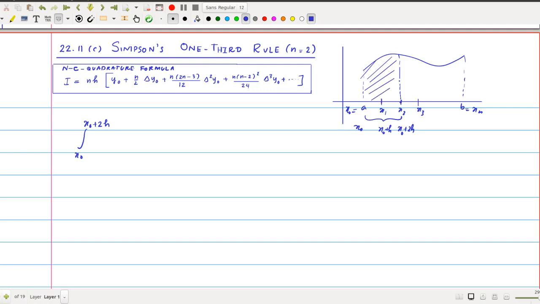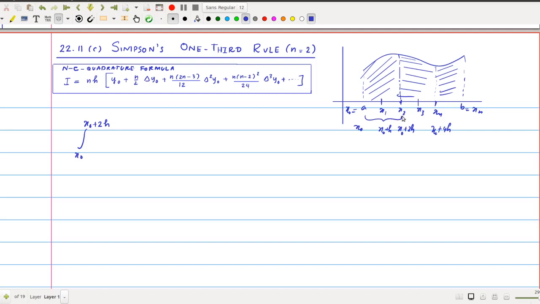Now we will use from x2 to x4, that will be x0 plus 4h. In the next case we repeatedly use this formula to evaluate the integral of this part, then the other two intervals, and so on. Finally we will reach b equal to xn. To evaluate this, we use the values x0, x1, x2. That means we are using an approximation of f of x with a third degree polynomial.